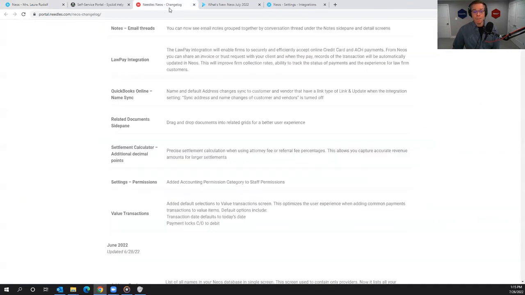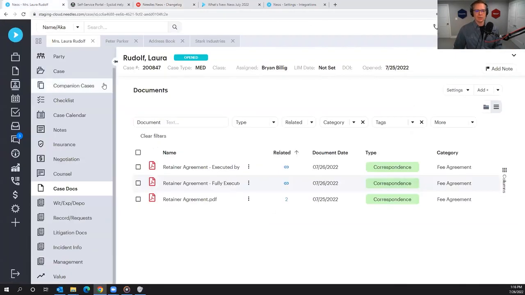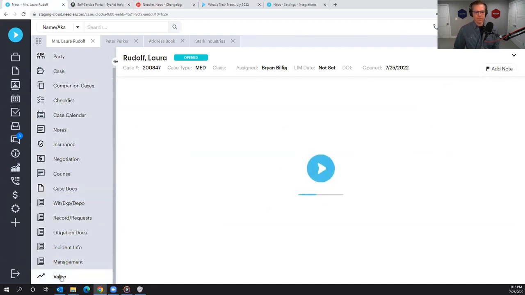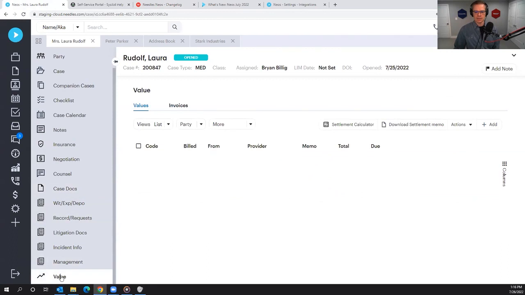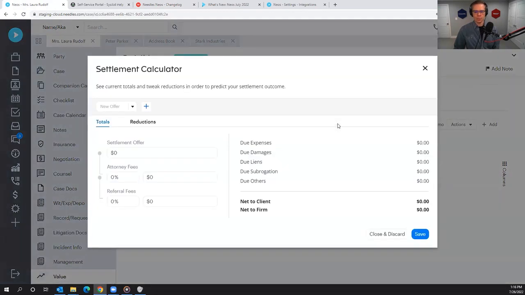Back to our change log. Settlement calculator, additional decimal points. So this is all about precision, and I love precision, especially when it comes to data. So let's go back to a case here. Let's see. I don't know if I have any value entries in this particular case. Let's just open up our settlement calculator. Let's say we've got a settlement offer for